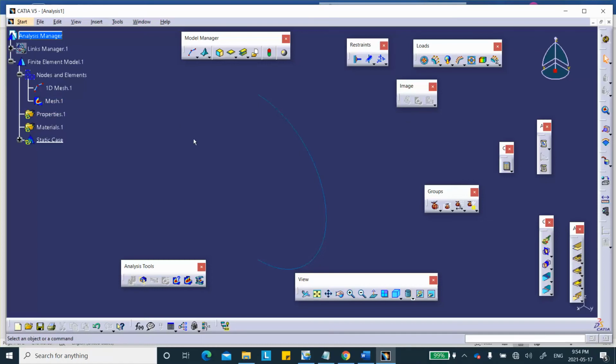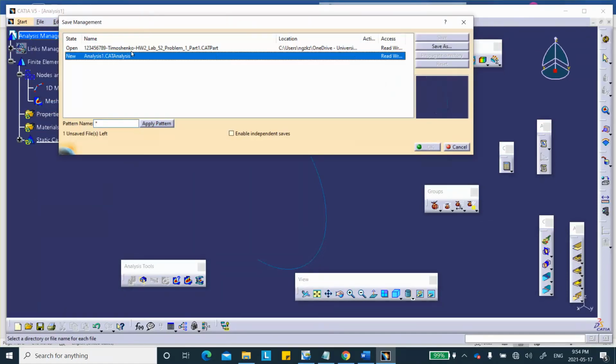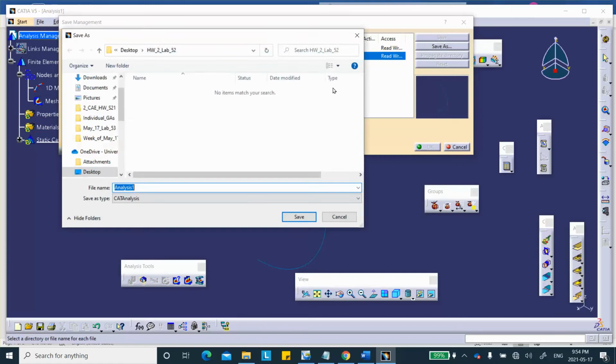Okay, good. Now immediately file, save management, immediately save the analysis under this type of a name. Let's remember what this was. So save as in the right folder. So I put down your student ID number 1, 2, 3, 4, 5, 6, 7, 8, 9, then Timoshenko, that's the last name,